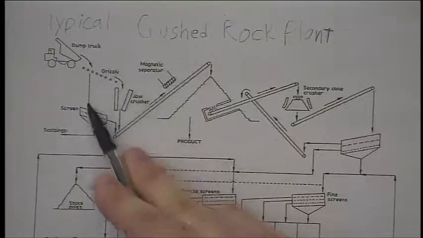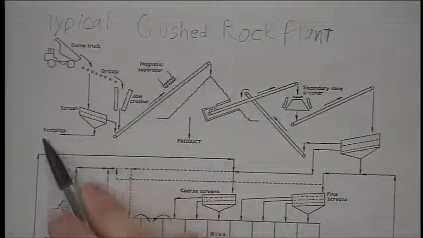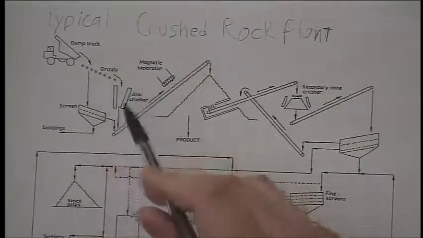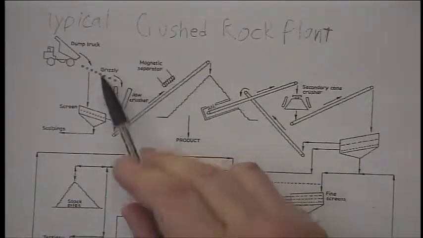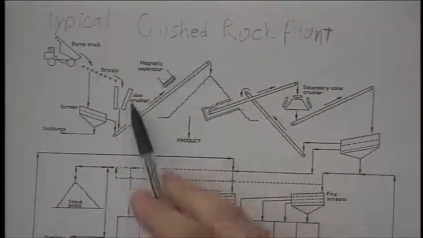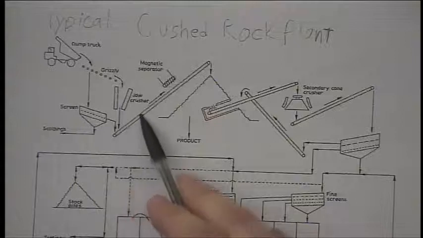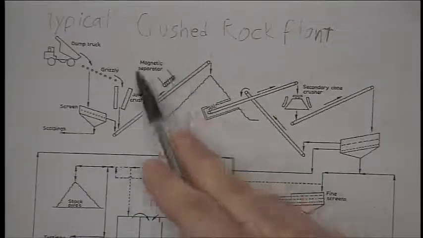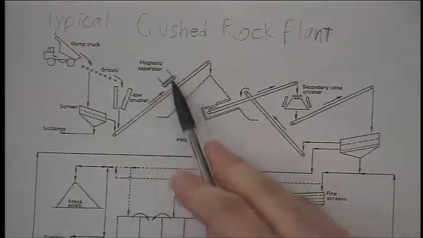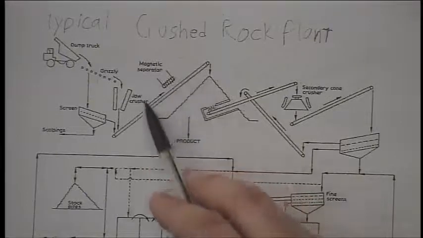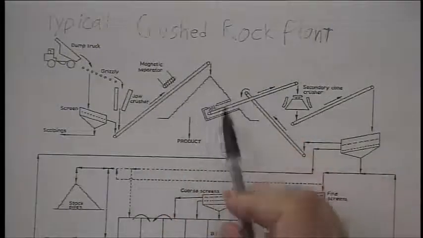The big boulders will go here, and they'll go into scrapping. But anything that passes through a certain size will go through the grizzly and through a jaw crusher, a primary crusher, and then it'll go up this conveyor belt. Sometimes you may have magnetic material, metals in your material, so you want a separator. And then you'll go into a pile,